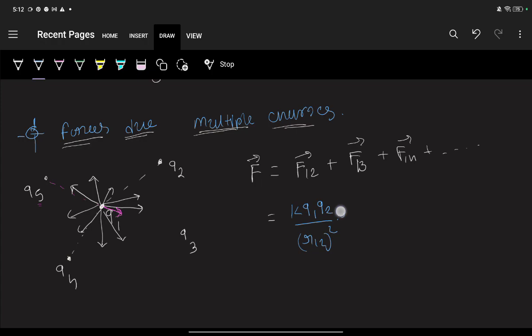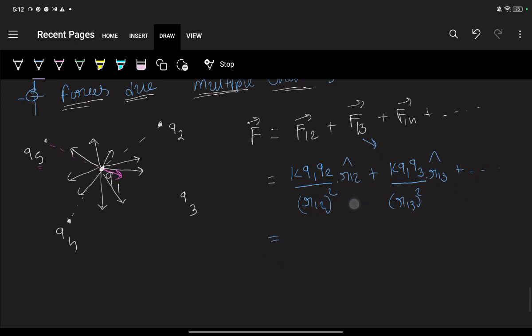Dot R12 cap. Similarly, how to write this force? It will be KQ1 Q3 upon R13 square into R13 cap, and so on. We can take this K common. KQ1 common, so it will be Q2 R12 cap upon R12 square plus Q3 R13 cap upon R13 square